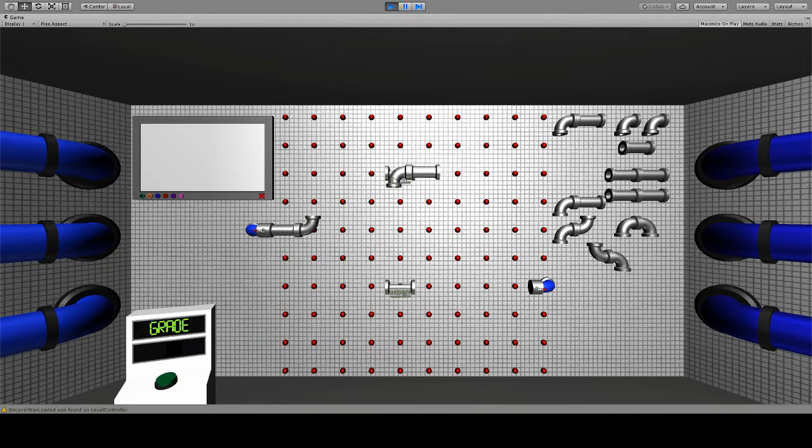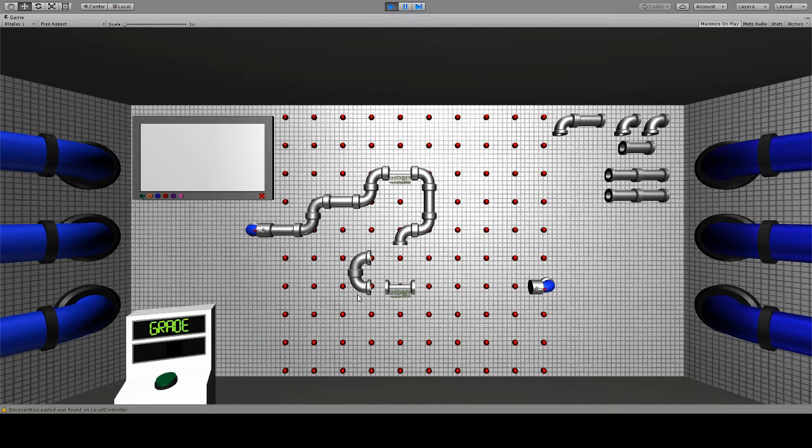This module is the water purification module. The player must connect the algae scrubbers using a myriad of different pipes. There are different ways to connect the pipes, and the best, most optimized path will get the player the best score. This path uses the least amount of pipes. As you can see, this player did very well to connect the 2 algae scrubbers to the end and got an A+.